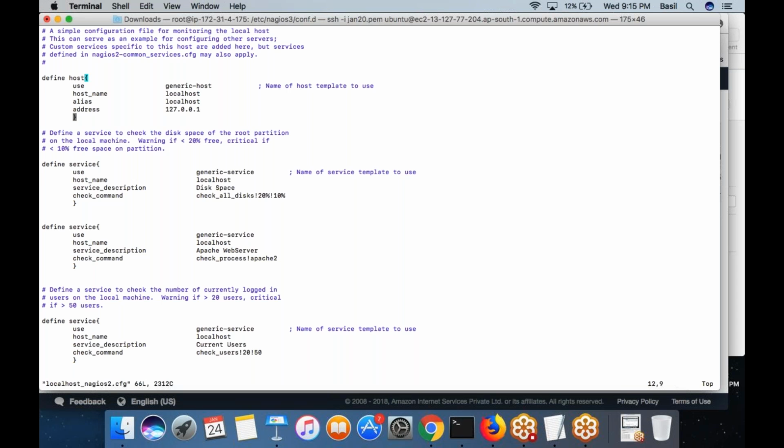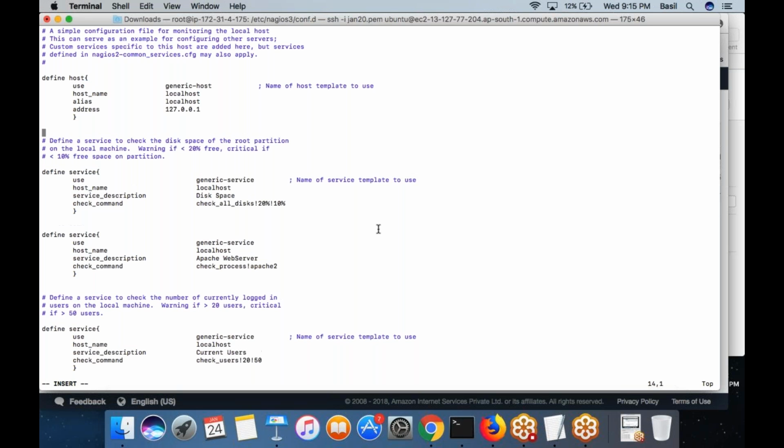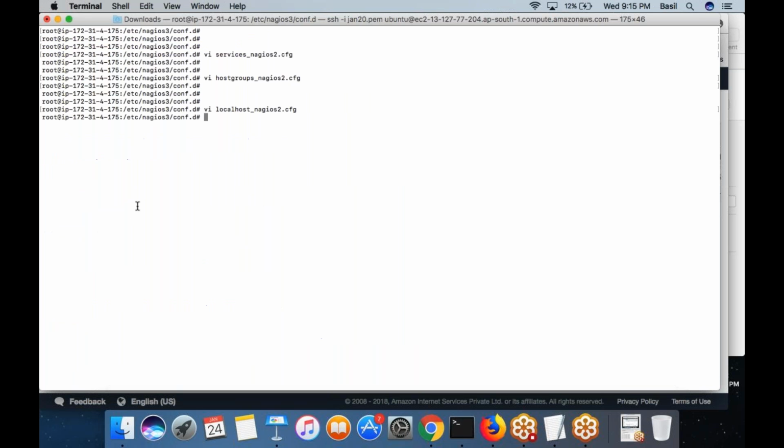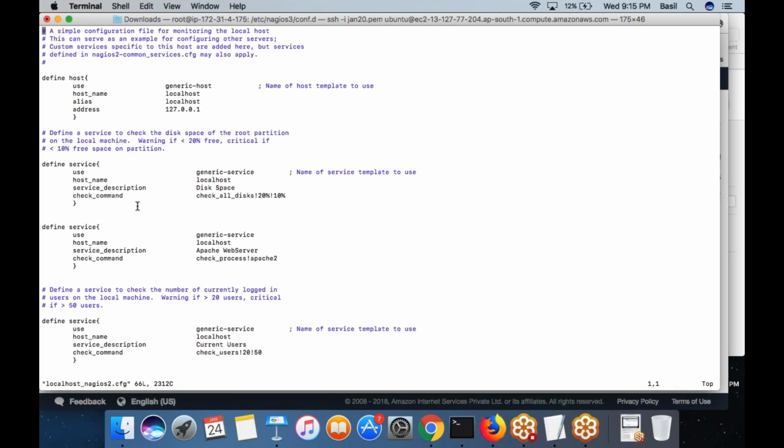And this is one host definition which I already have. I'm going to add a new host also. The file name doesn't really matter. Either I can create a new file if I want, let's say web001.cfg, or I can edit the same localhost file that you see here. I'm doing that, and I'm going to add one more host.